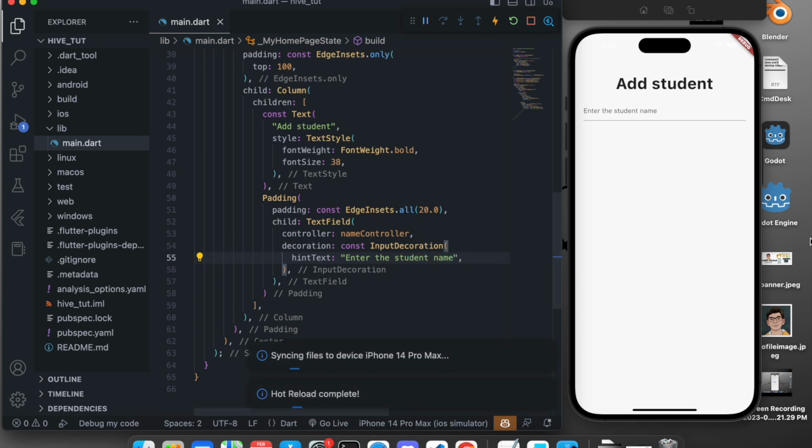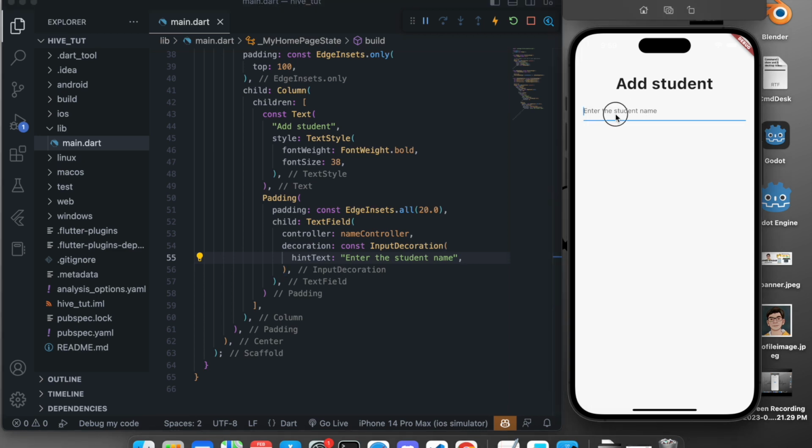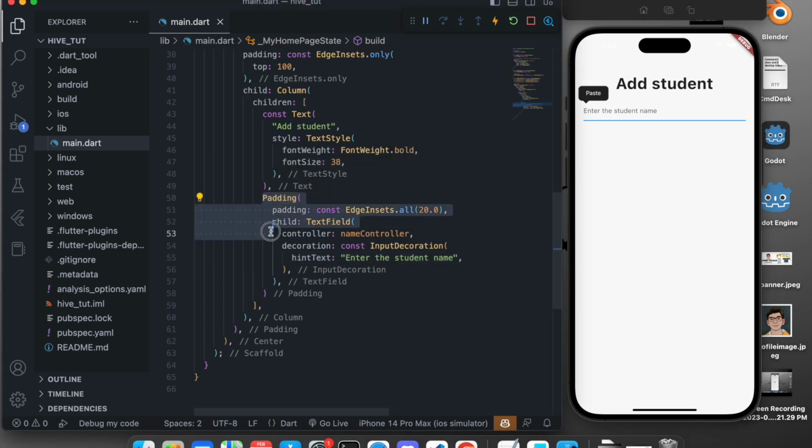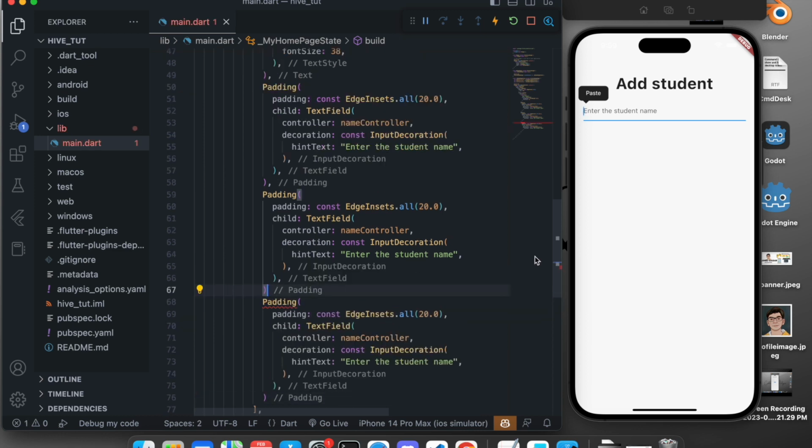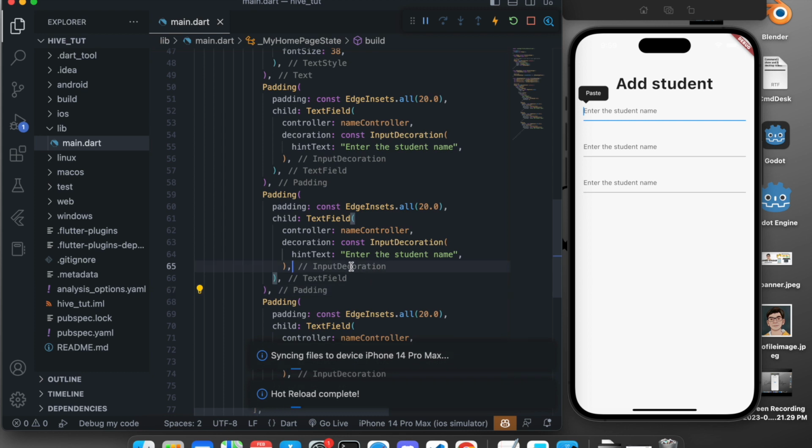Now after doing this much you will have a text field on the top, and the other thing you want to do is just copy this padding from here till here and paste it 2 more times, and add a comma to format,